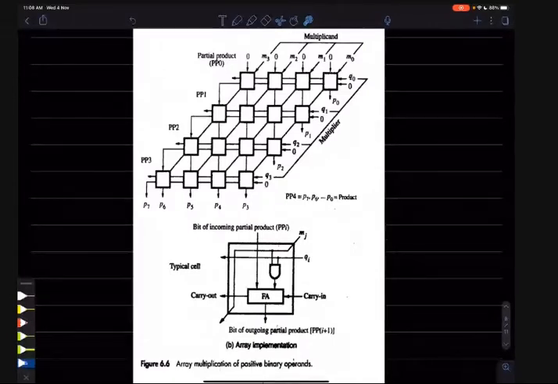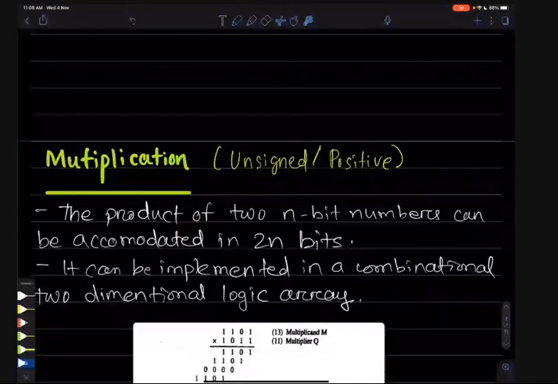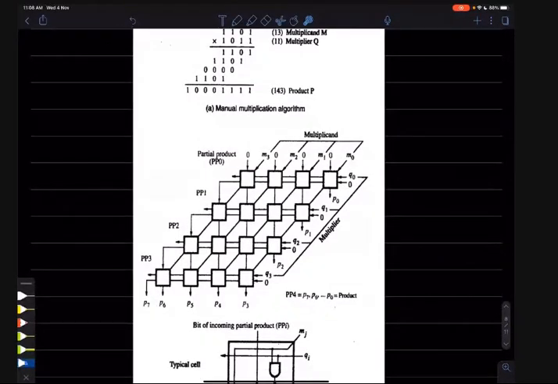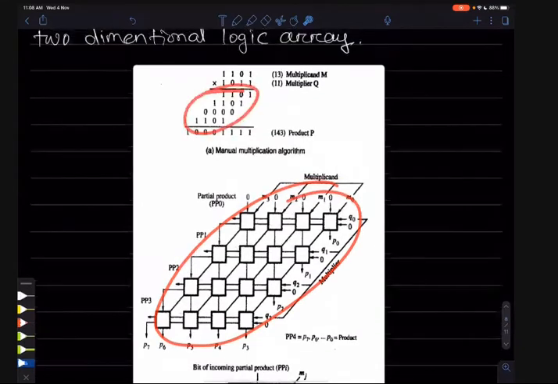But in this case we don't need any subtraction, because we are currently reading about multiplication of unsigned and positive numbers only. Unsigned, there is no sign currently associated. It is just a binary number. It is not a negative number. For negative numbers we will see the multiplication procedure later. So currently we are reading about only multiplication of 2 positive numbers. So hopefully you understood the circuit. Very easy. Whatever is in the example, that is implemented here.